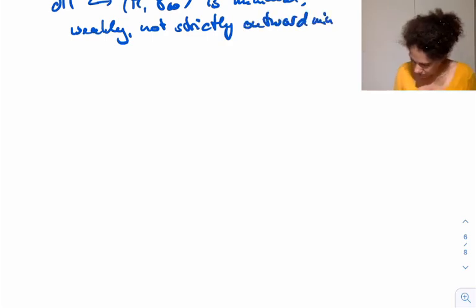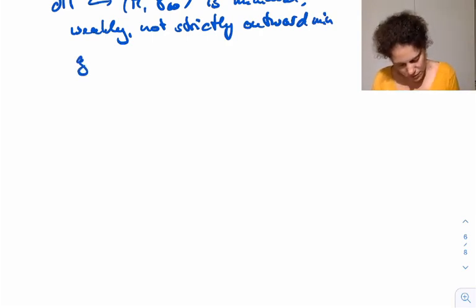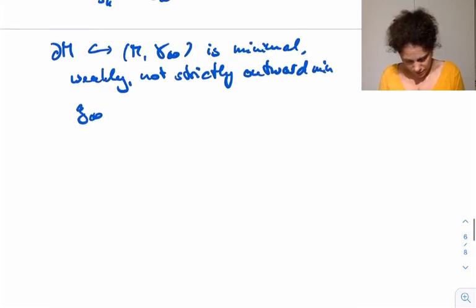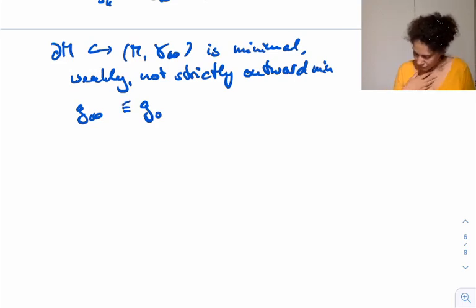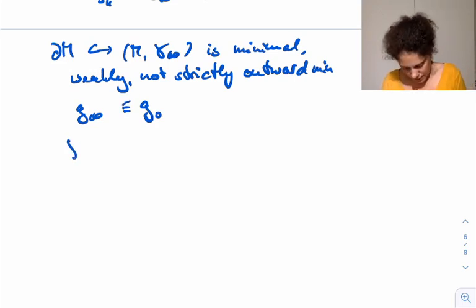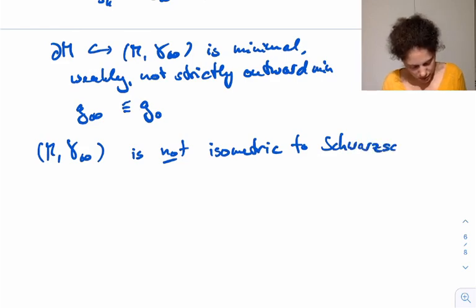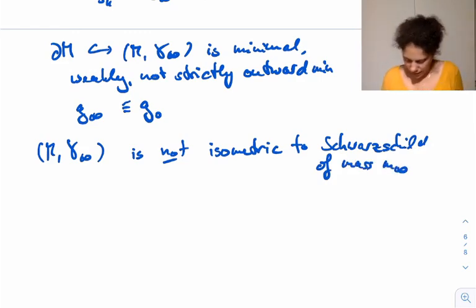And furthermore, the induced metric on the boundary from this metric G_infinity is G0, or isometric to G0. And in particular, gamma infinity is not isometric to Schwarzschild. Not to any, but in particular not to the one of mass m infinity. Yet,